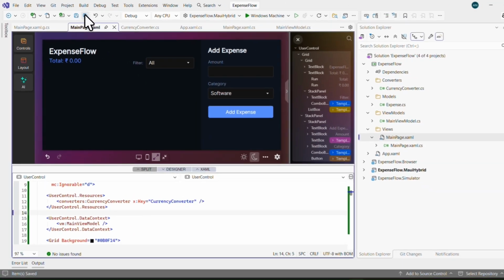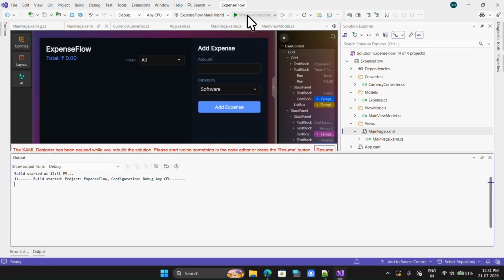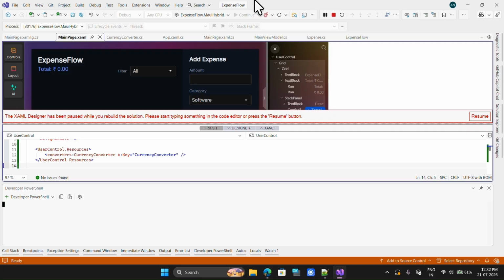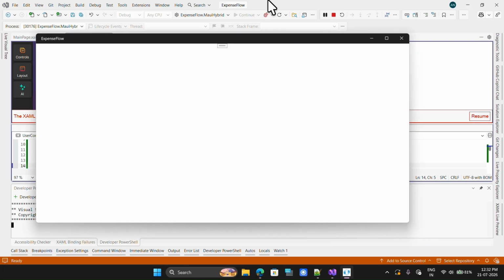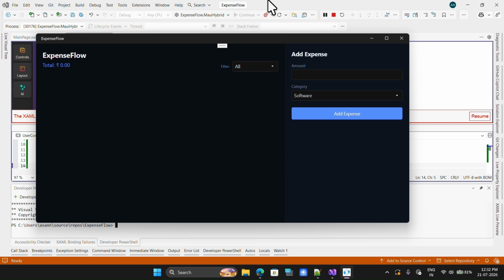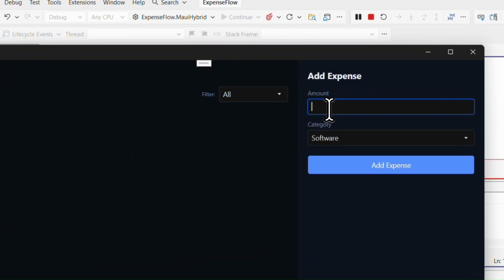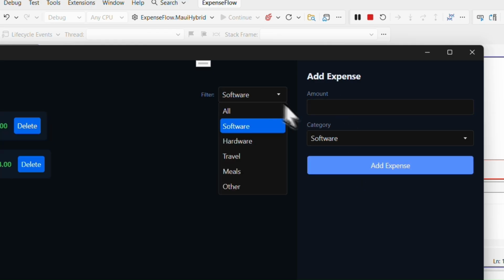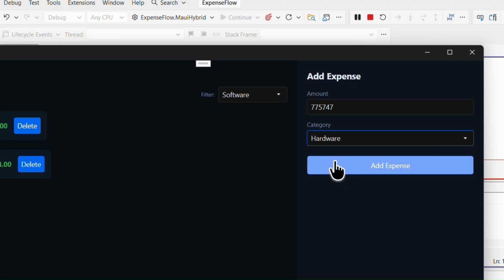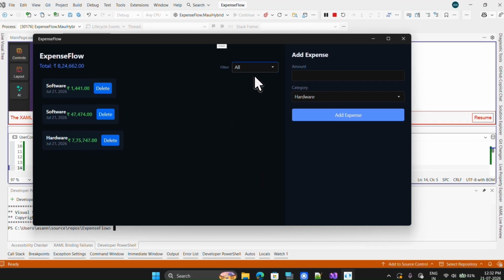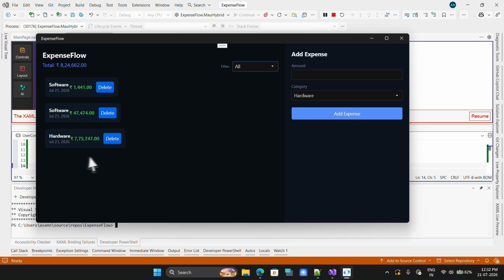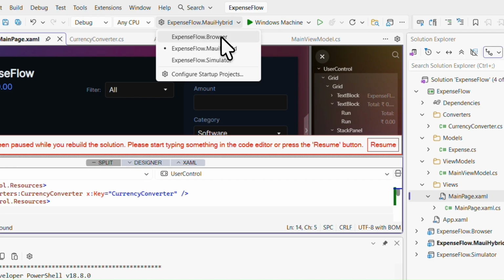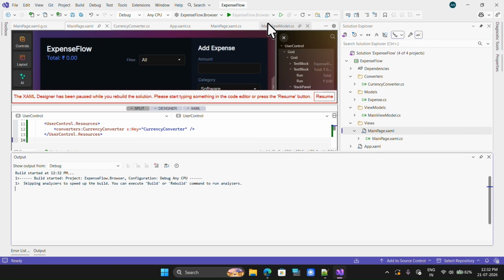So now all things are done. So I just need to run this application on a Windows machine. And the app runs perfectly. So if I add software, if I add another category, maybe say hardware, add all, and here you can see it displays all the values perfectly. Now if I close this and switch to, say, a browser and run this application,